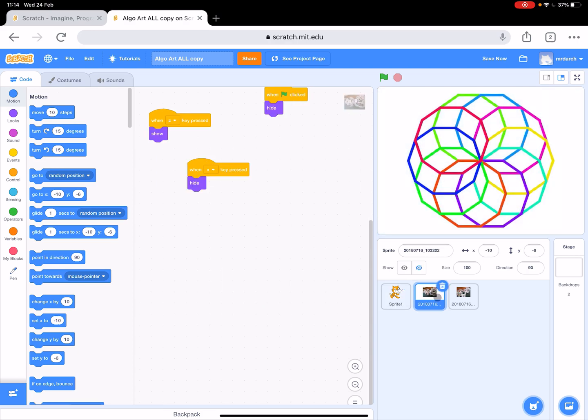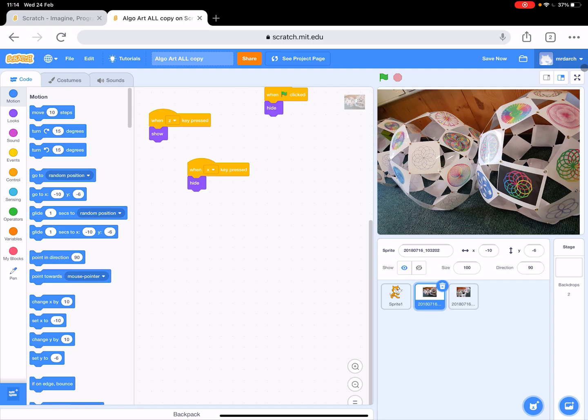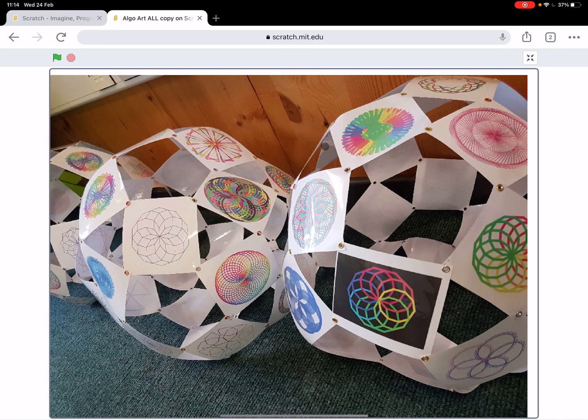I'm just going to show you a couple of pictures here. Let's see if I can double click it to show you. Here we go. These are some pictures of installations that we made in a school